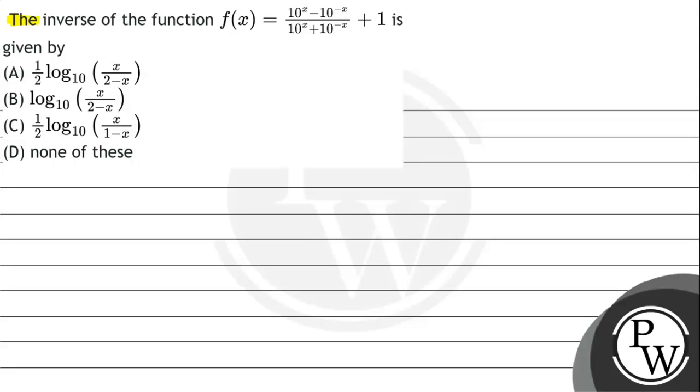Question says the inverse of the function f(x) = (10^x − 10^(−x))/(10^x + 10^(−x) + 1) is given by. First option है 1/2 log of x/(2 − x) at base 10. Second option है log of x/(2 − x) at base 10. Third option है 1/2 log of x/(1 − x) at base 10 और fourth option है none of this. इस क्वेश्चन को करने के लिए हम इसका key concept समझते हैं।